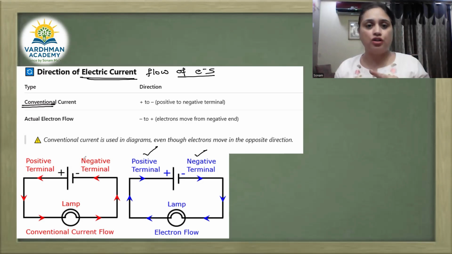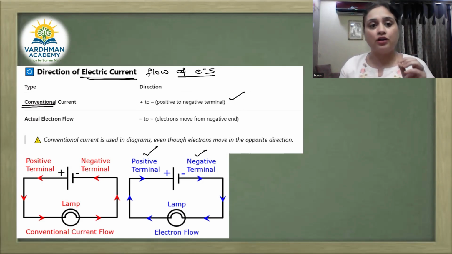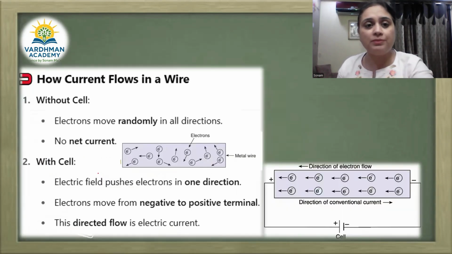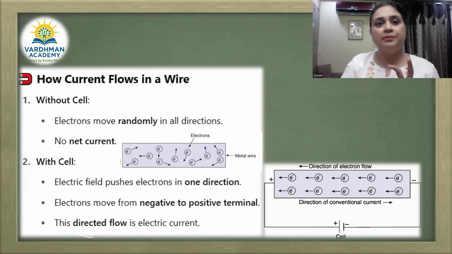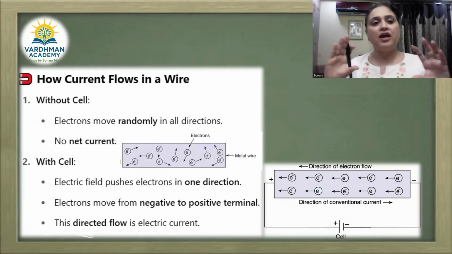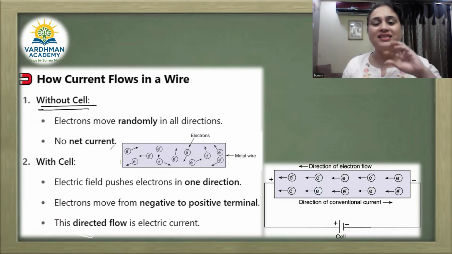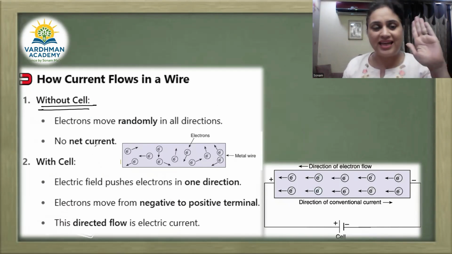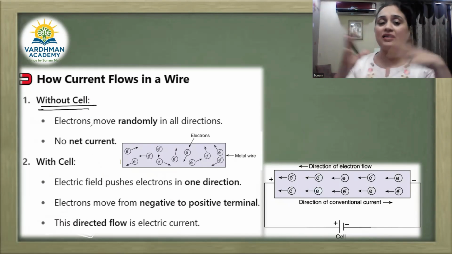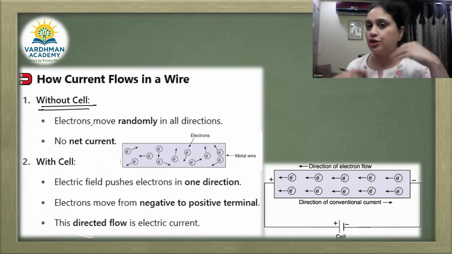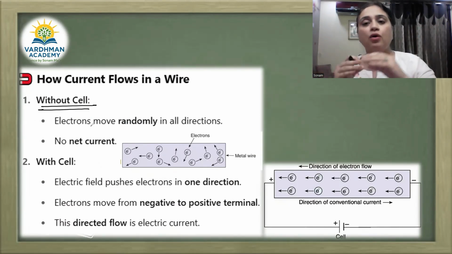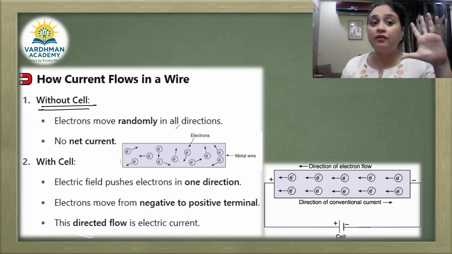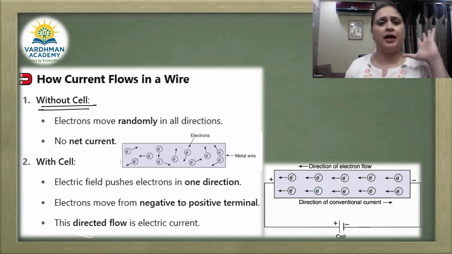External circuit में जो direction follow होता है, that is your conventional direction, and within the circuit जो direction follow होता है, that is your actual direction. अब इसको समझने के लिए आप थोड़ा सा ये समझो कि randomly current कैसे flow करता है. Say suppose we have a conductor, we have a wire. Right, so that wire is without a cell. अभी हमने कोई cell या battery उसमें connect नहीं किया है. So electrons are moving randomly in any direction because electrons always have mobility. तो वो flow करते रहेंगे इधर उधर किसी भी random direction में.